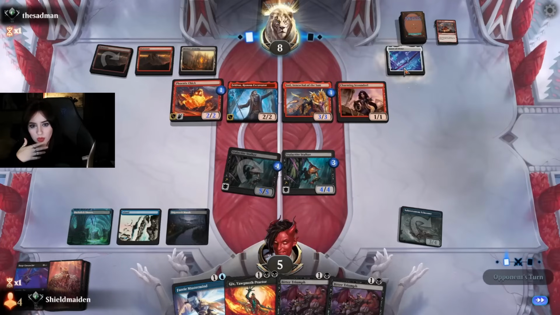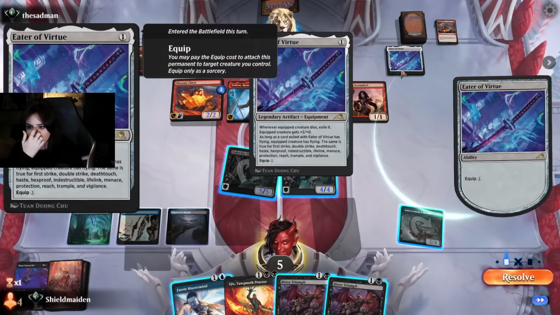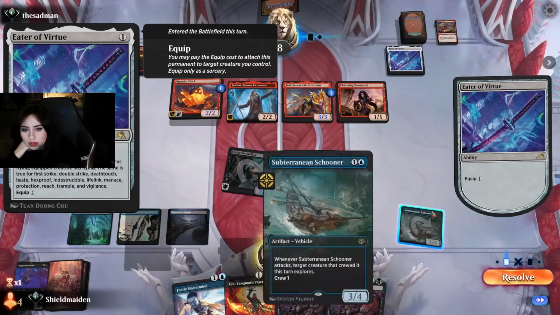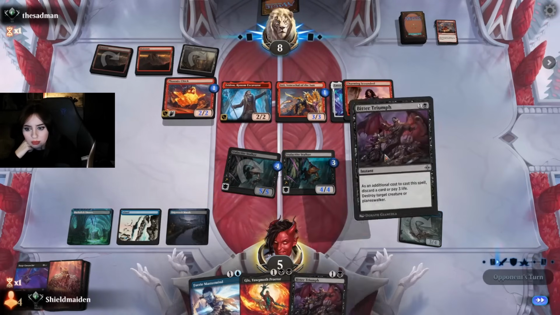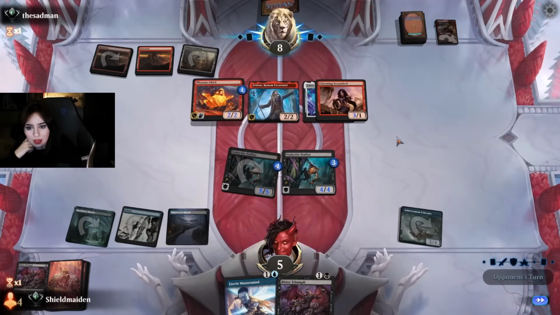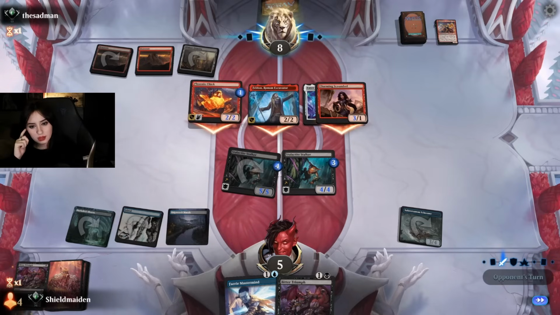Eater of Virtue. Oh, wow. What are they going to equip that onto? The Charming Scoundrel. Good creature gets +2/+0 as long as you... okay. Okay, that's fine. They go to combat. I'm gonna do Bitter Triumph, discard a card. Target Inti, get rid of Gix. I have to do it before going to combat because I don't want to give them the trigger, so